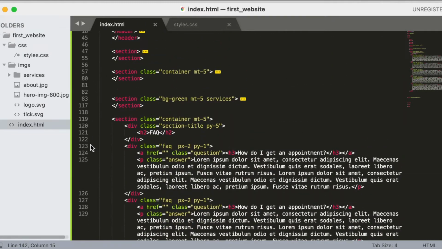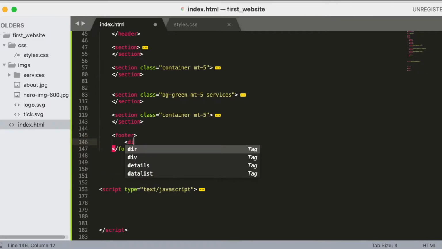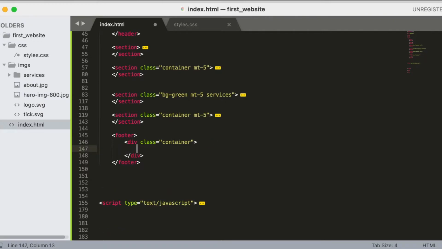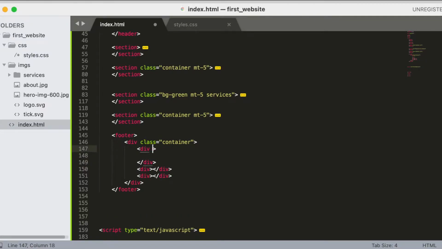So let's just hide this. Perfect. And like header, for footer we have a specific tag for it, and then I don't want footer to go all the way across the edges, so I'm going to place a container in it, and then inside this container we're going to have three sections like I said. So the first section is going to be the left side, and then on the right side, and on the center. So let's just go ahead here and create class as equal to let's say